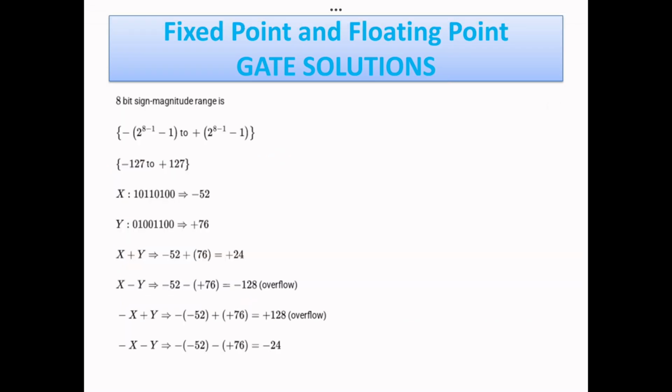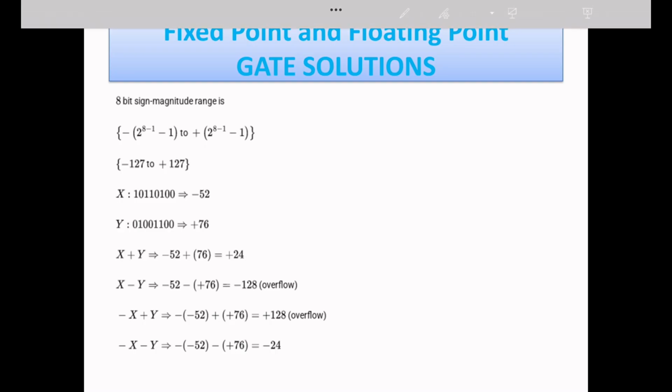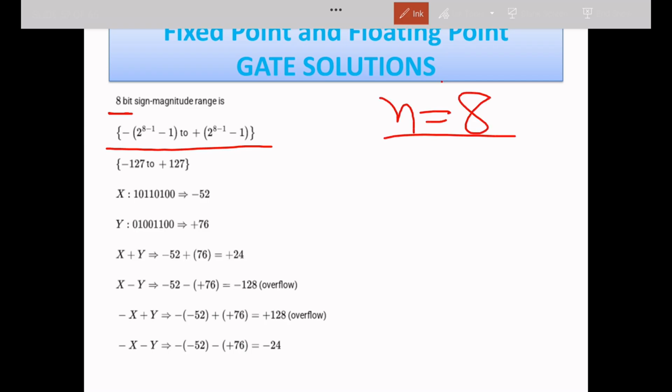Okay. You can see if you want, I will also explain. So this is my range. My range is this. 8-bit magnitude range is equal to this. Already we told. So this is 8-bit, not 4-bit. In place of n, I am writing 8 in my formula. Okay. This is a sign magnitude. This is not a